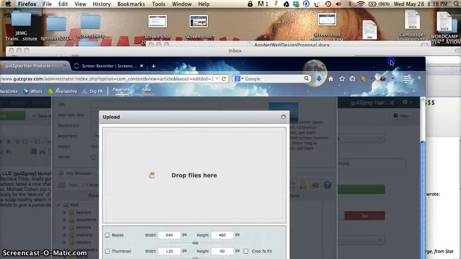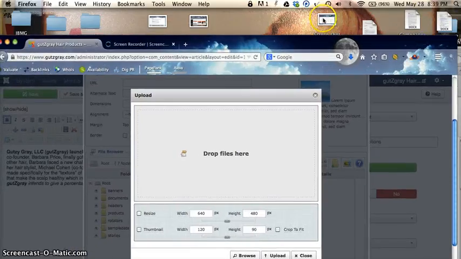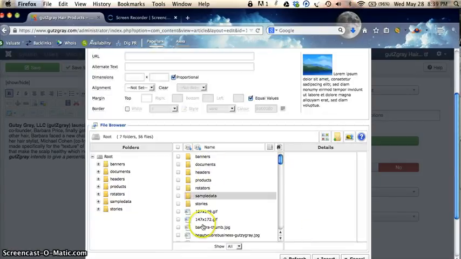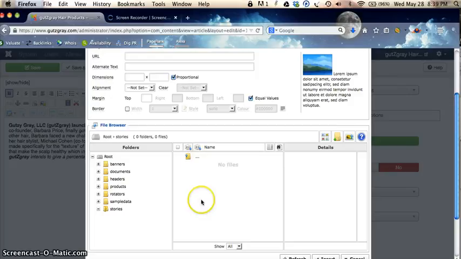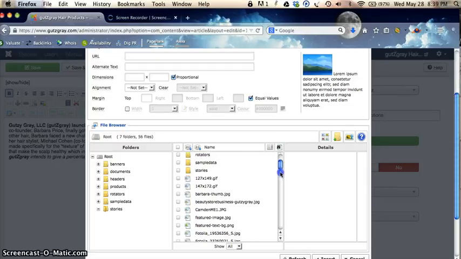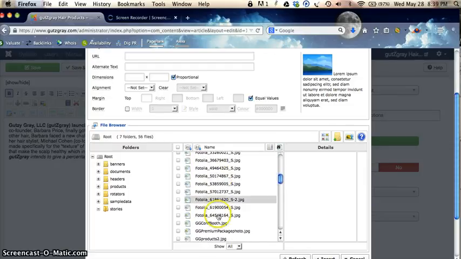So here's an example. If I wanted to pull this photo in, I would click on it on my desktop and drop it right here and it would upload. Once it is uploaded in this area, you'll see there's an upload button. Click that button and it will add the photo into the root folder. You could, as I said, click Stories and also add any special photos you want separated into the Stories folder. But most things will automatically upload into the root, and then you will see the name of the new photo